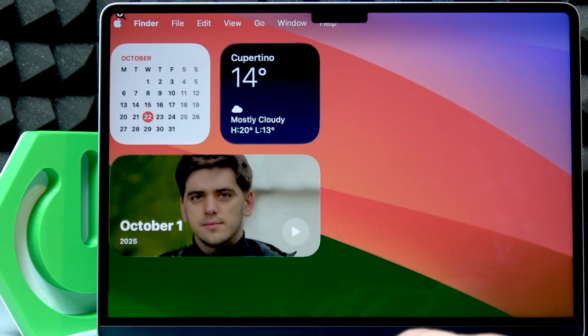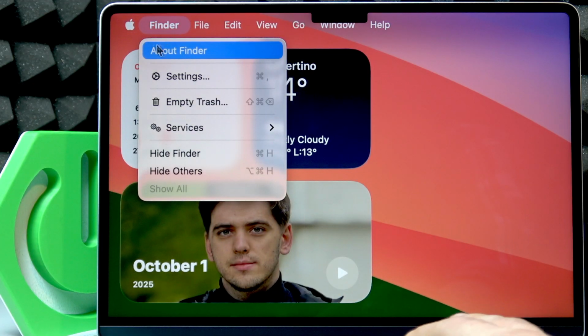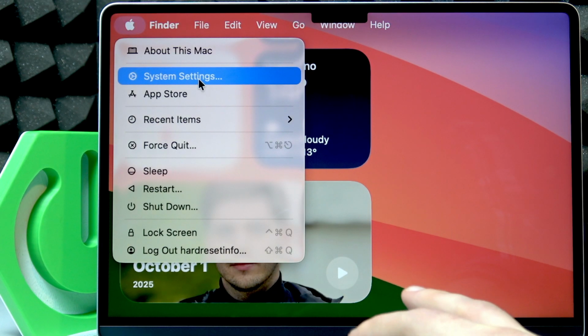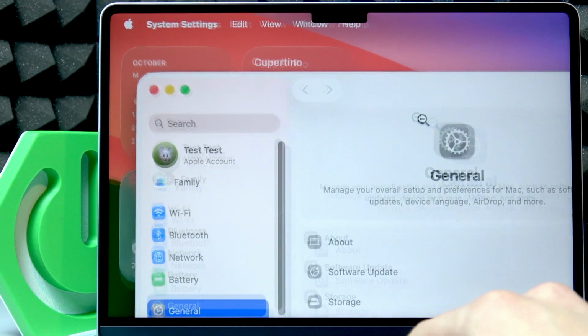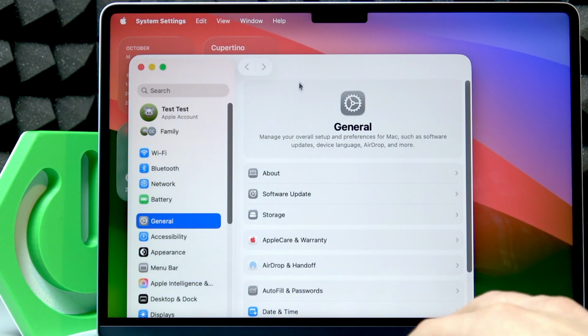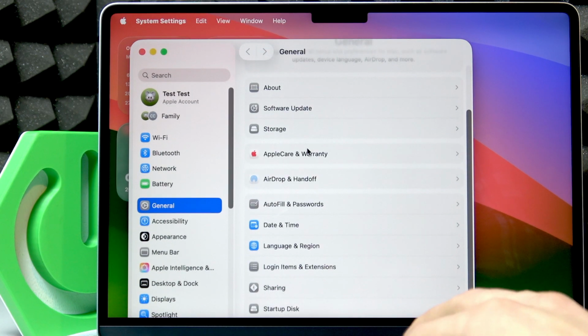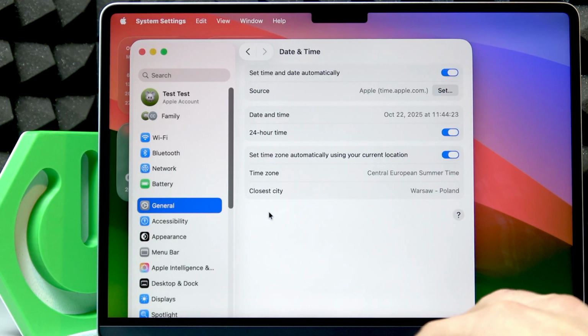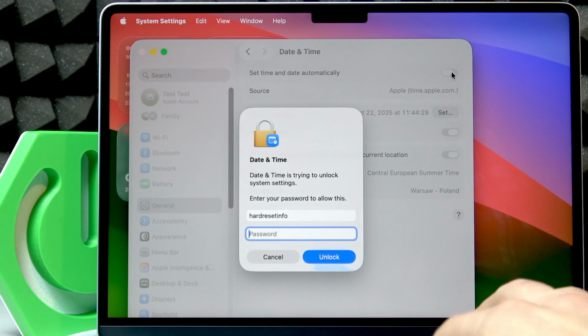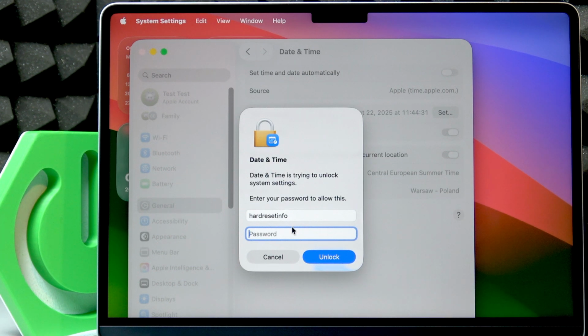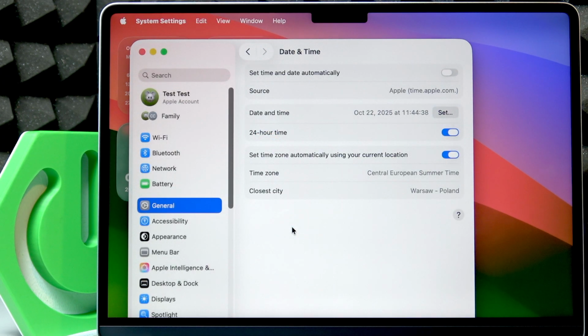First, open the Apple menu in the top left corner of the screen and go to System Settings here. In System Settings, select General, and in the General menu you're going to have to scroll down to Date and Time. Open it, then turn this toggle off to the left, and if this option is locked by a password, then provide your MacBook password here and press enter,